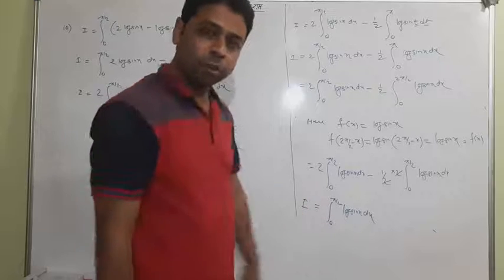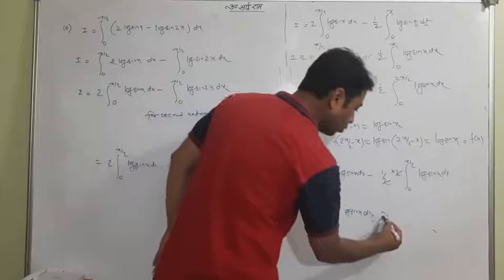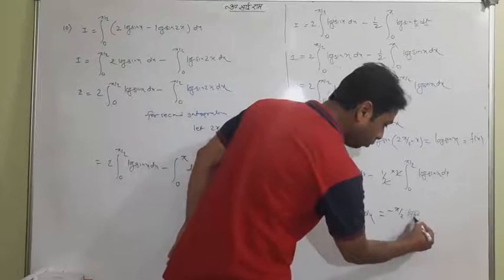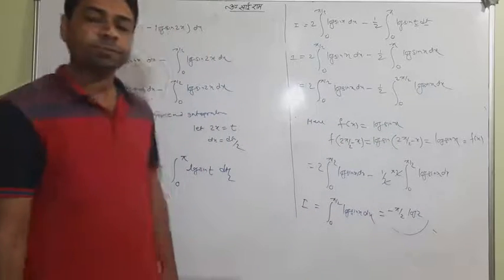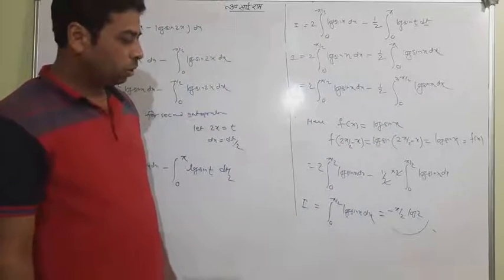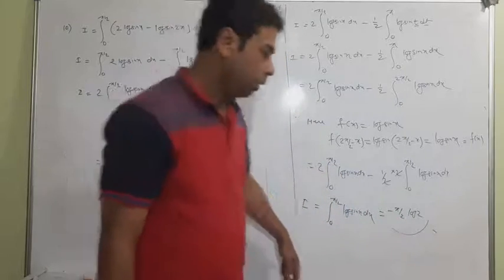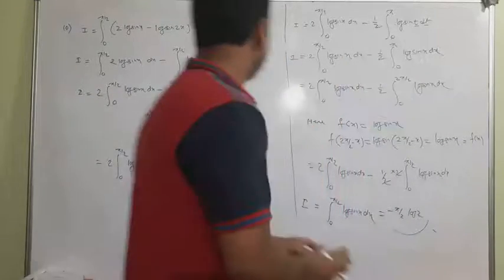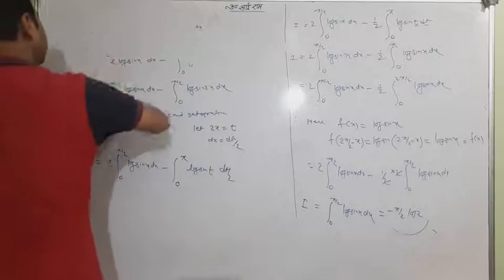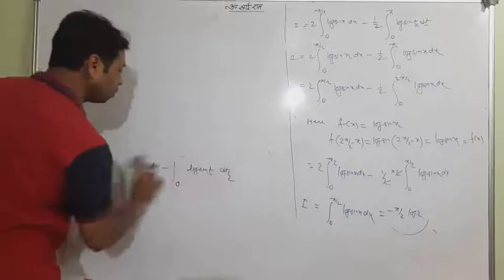This is the same question which we already had seen last. So its answer is minus pi by 2 log 2. This is the end of the answer. I have written it directly because I used this as a formula right now. So this is a question from my side. Let me wrap up and take one or two more questions.